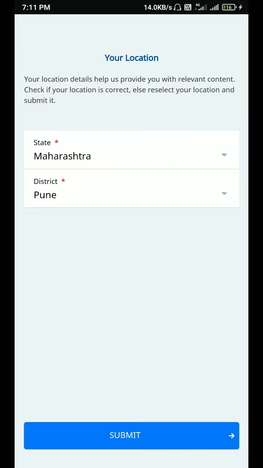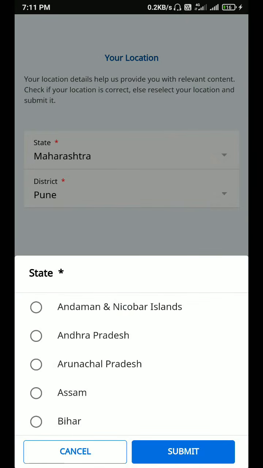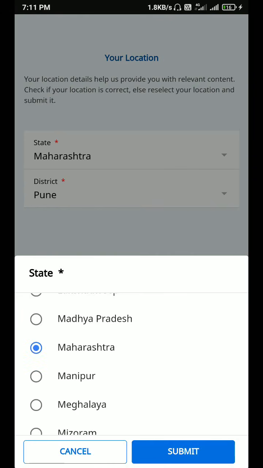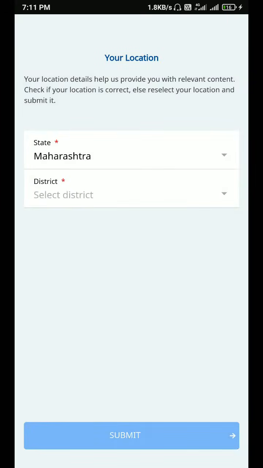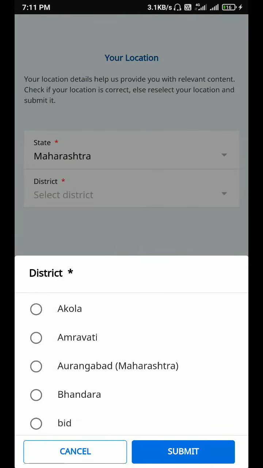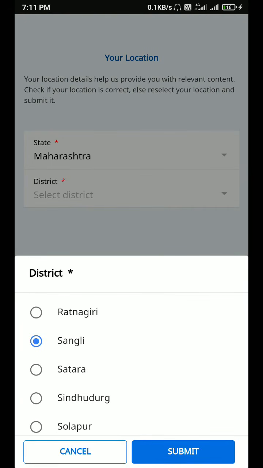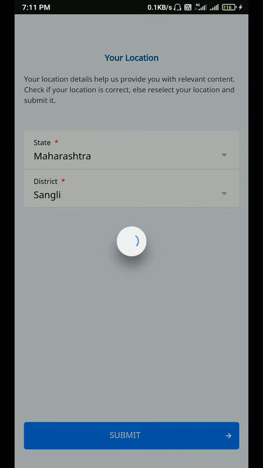Select your state. And select your district. Click the submit button.